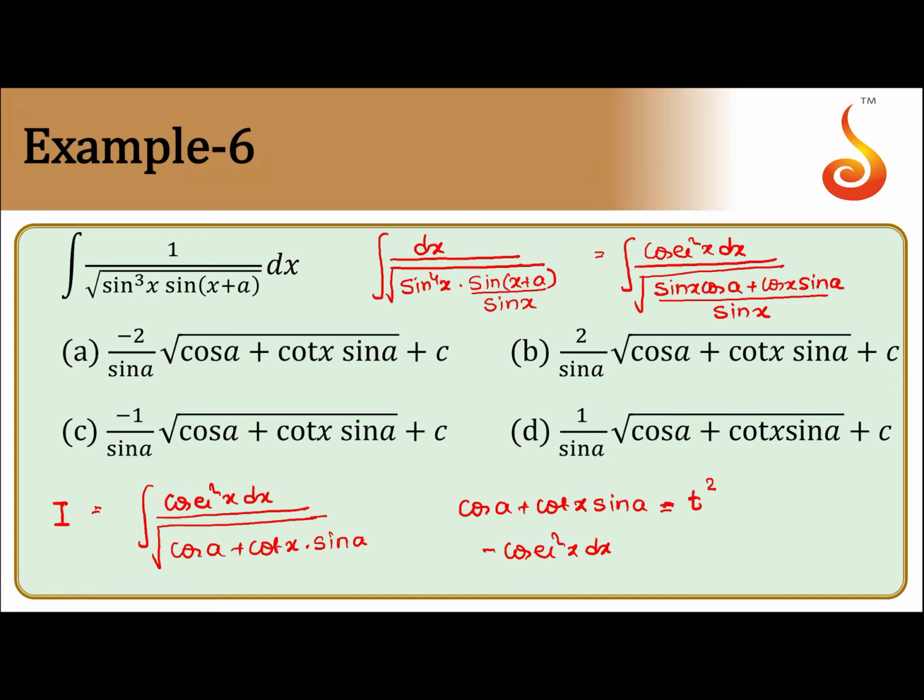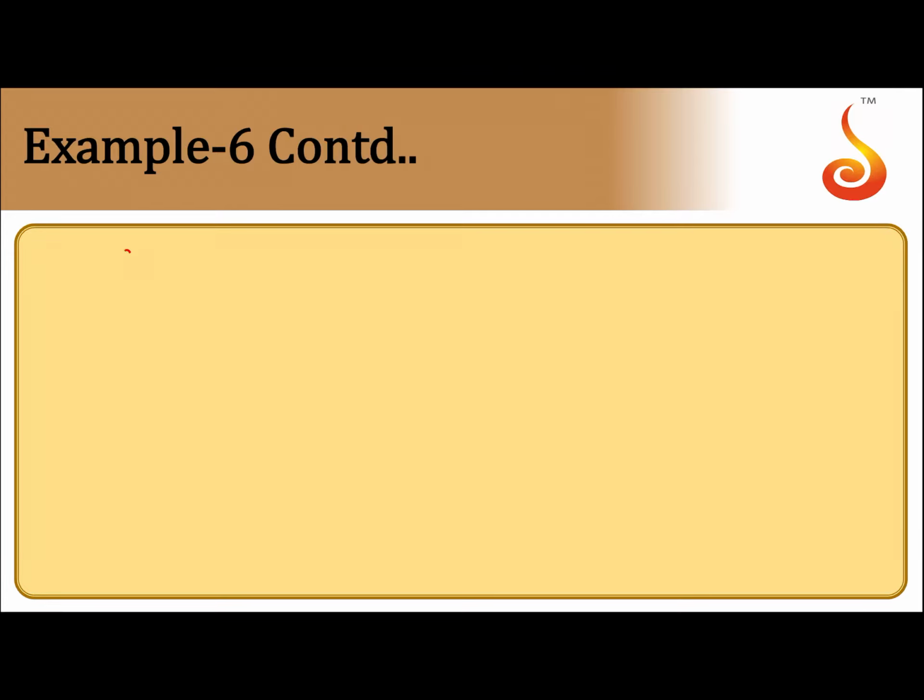Minus cosecant square x dx will give you 2t dt by sine a, because sine a is constant and cos a is also constant. So cosecant square x dx is equal to minus 2t dt by sine a,